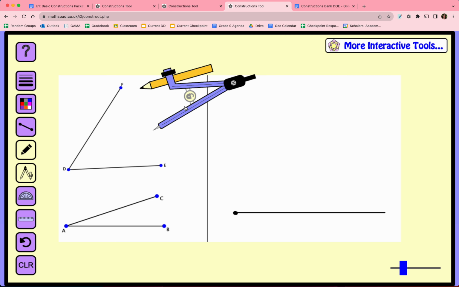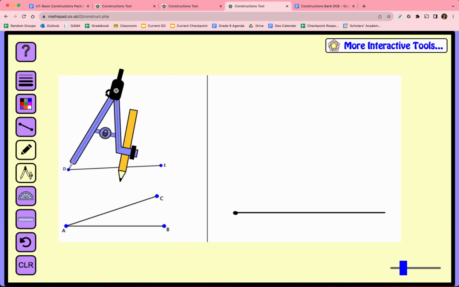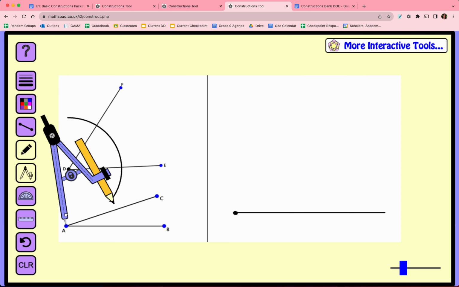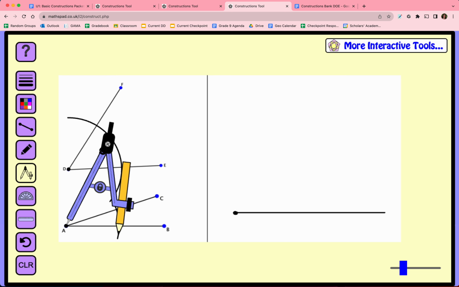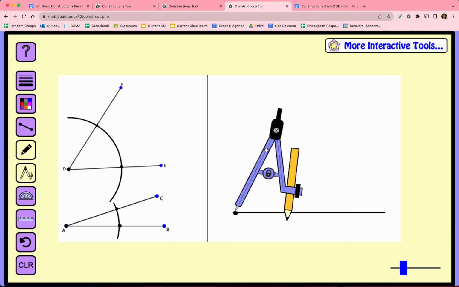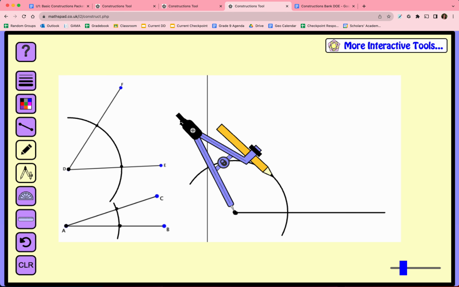So then what you want to do is you are making your reference arc. However, you need to make the reference arc on both of your angles. So whatever size I'm using for angle number 1, I need to make sure that I am bringing that over and using the same size for angle number 2. Then what you want to do is mark those points where your arc is intersecting your angle. And you want to make, again, that same size reference arc on your new house, on the reference line that you made. And you want to exaggerate this a little bit because we're adding these two angles up, so we want to make sure that we have enough room